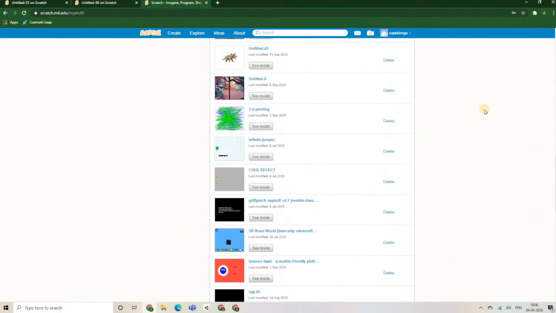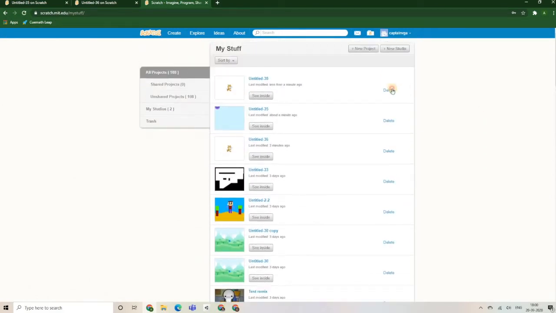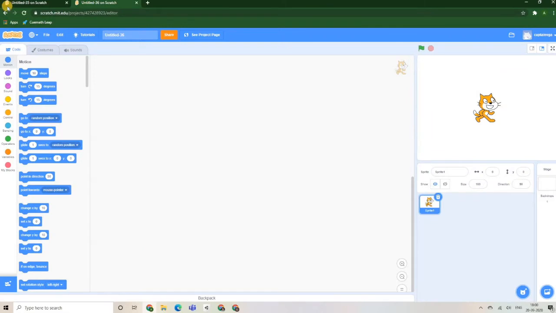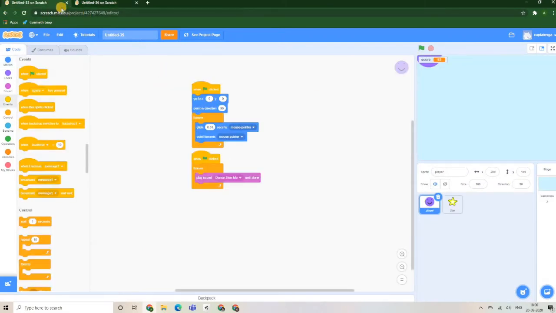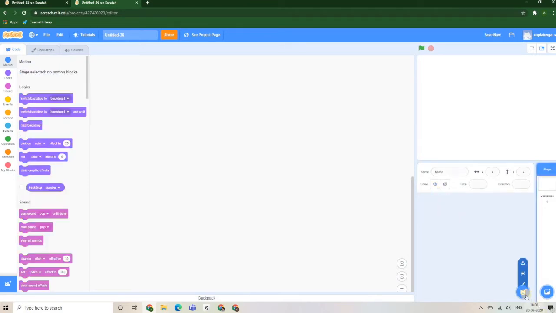Some of them are 3D. So for now, we're just gonna go across this tab into our project. So we'll be making this game today. Now you'll have a blank project that will have just a cat sprite. You can delete that cat sprite, and if you hover your mouse on this, you'll see choose sprite, so you